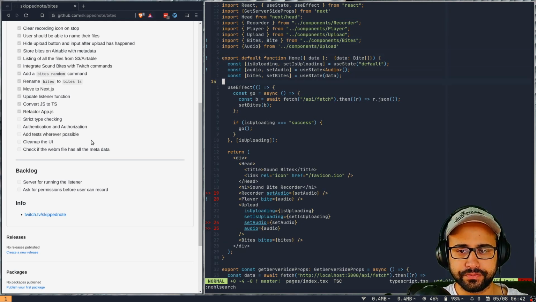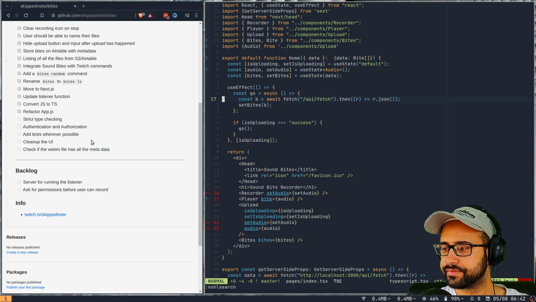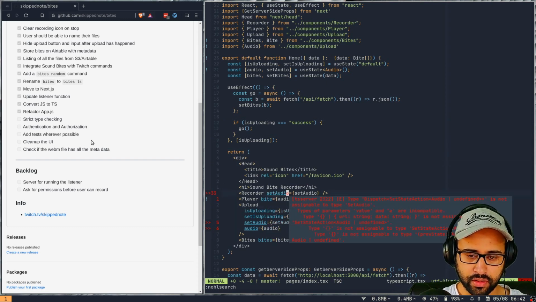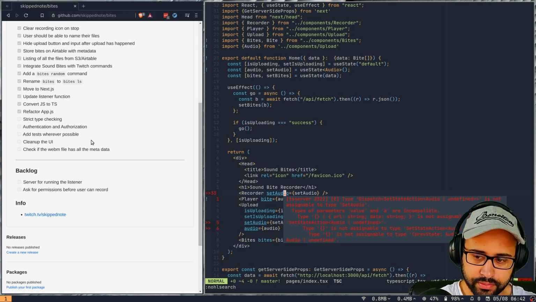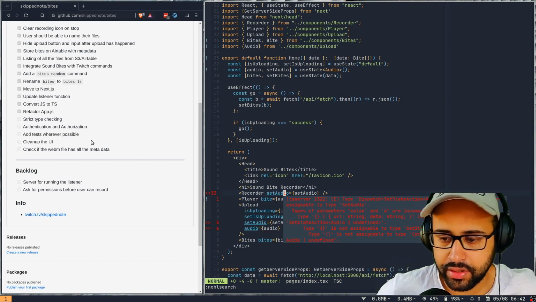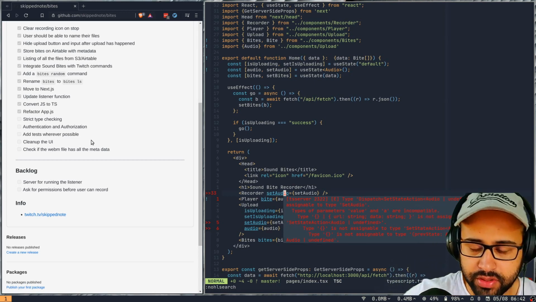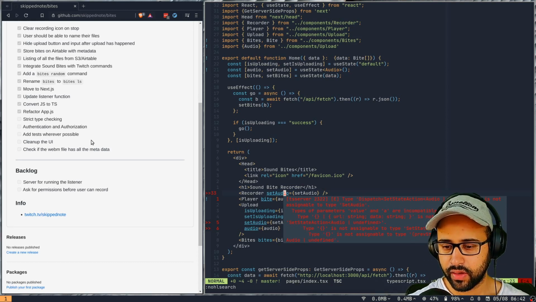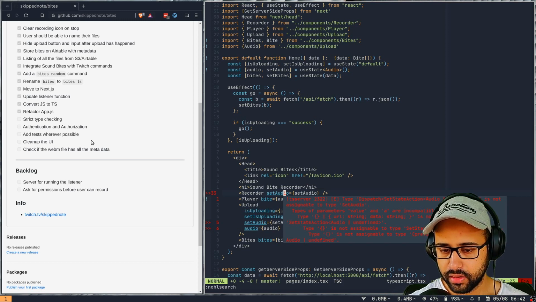Okay, so let's start with the recording first. So the error it's throwing is: set state action audio undefined is not assignable to set audio. Type of parameter value and a are incompatible.